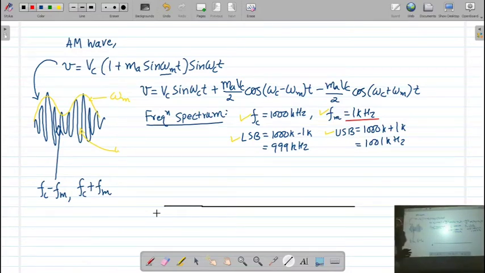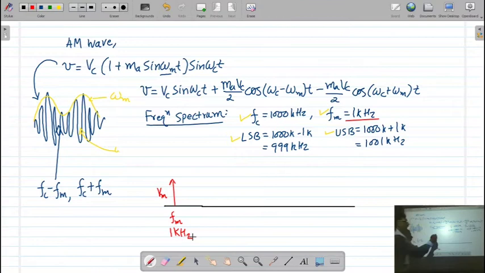So my modulating frequency is 1 kilohertz, and that we can represent here. And we write this, that is Fm. What is the amplitude of the Fm? It is Vm. Remember. So we have represented this modulating signal on a frequency spectrum. In our case, this frequency is 1 kilohertz.